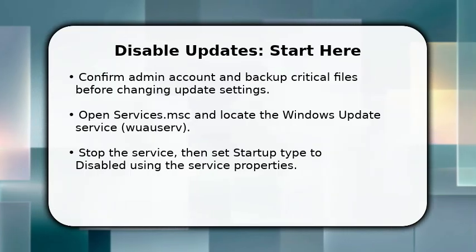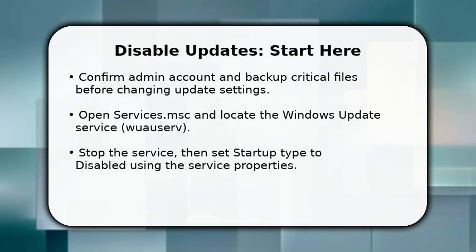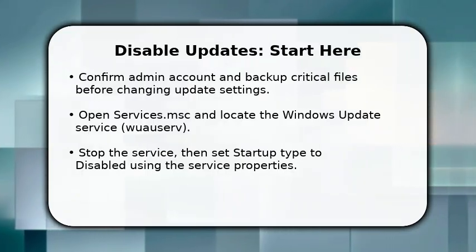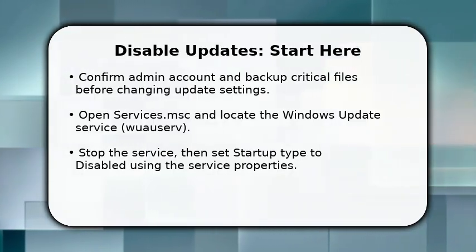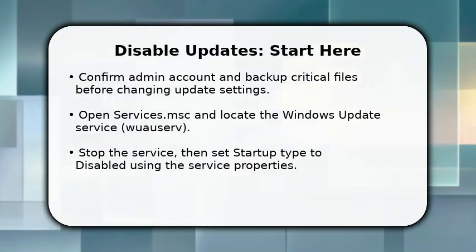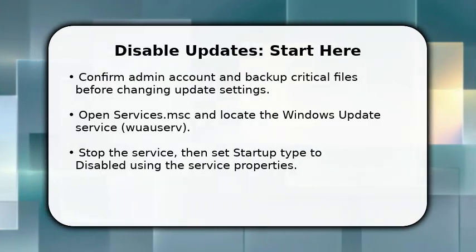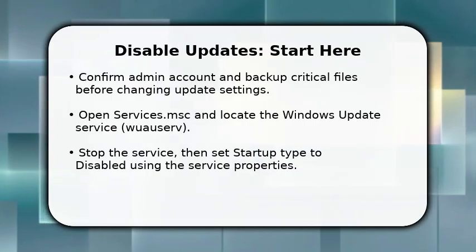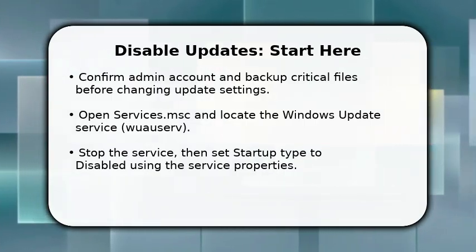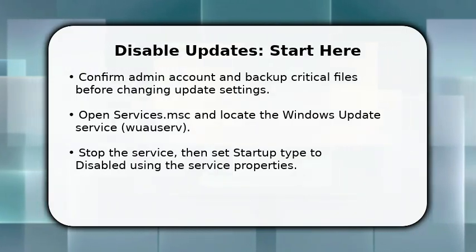You are going to begin by stopping the Windows Update service directly. First, make sure you are signed into an administrator account and you back up any open work. Open Services.msc, find Windows Update (wuauserv), right-click and choose Stop. Once stopped, open Properties and change Startup Type to Disabled. This prevents automatic restarts. This step immediately halts update downloads and installs, and it's the primary control point for the